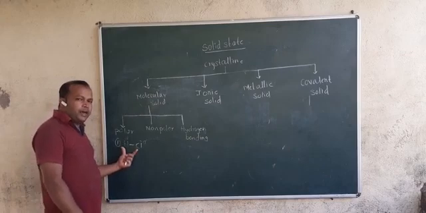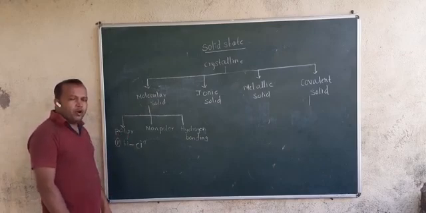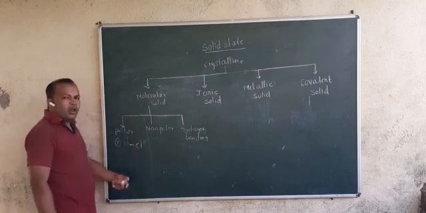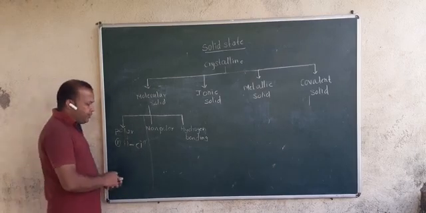The two poles are created. So it is called a polar molecular solid. Now what is meant by a non-polar molecular solid? If we take an example of